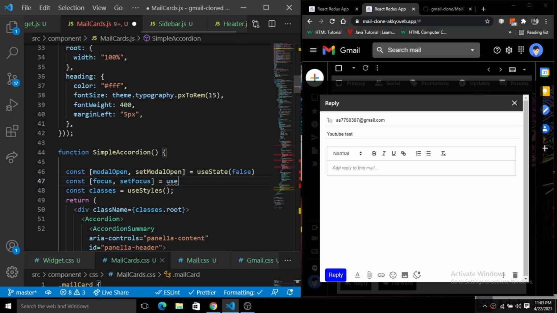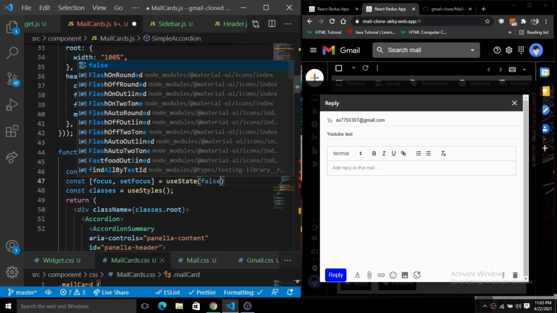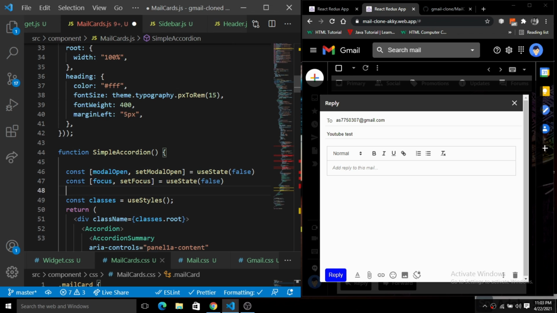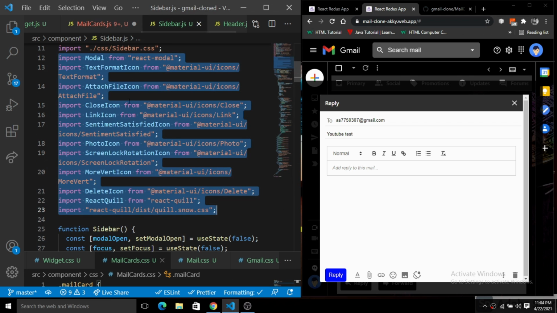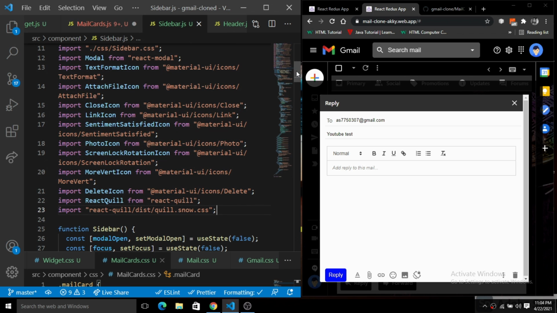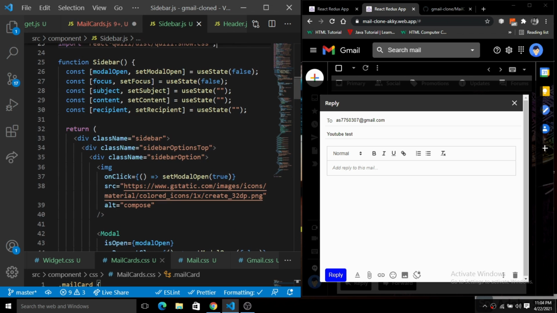Initially the focus will also be false. The next ones are the recipient, subject, and content. We have already created these in sidebar.js, so just copy the recipient. So we have subject, content, and recipient.